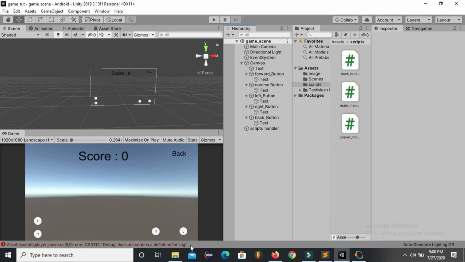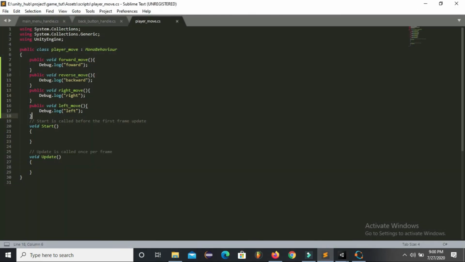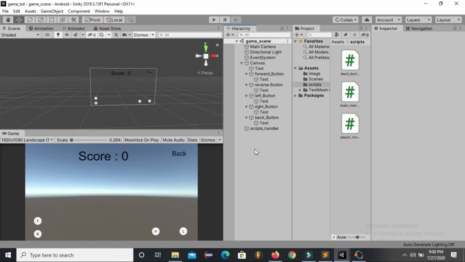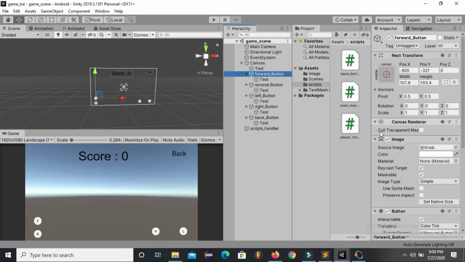Okay, now you can see there is an error, so we have to change this. This L is capital. Now save this. Now there is no error.